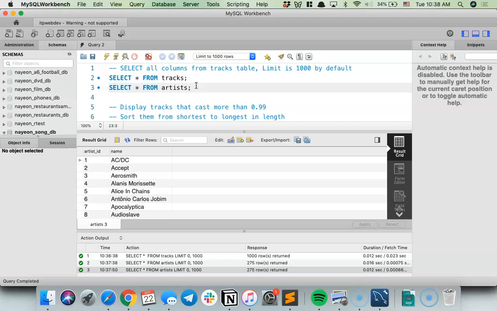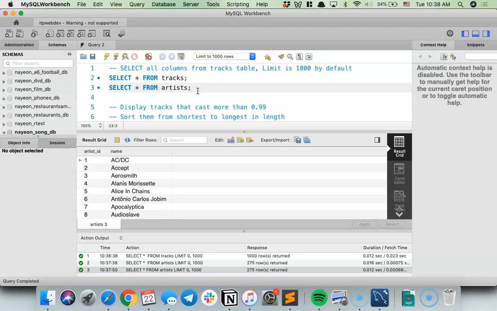In MySQL Workbench, it will show you only the first 1,000 results. Yeah, but we are actually selecting all the rows. I think even in reality, we are selecting only the first 1,000. I think that's a general default for everybody. But you can always change that default, depending on what tool you're using.